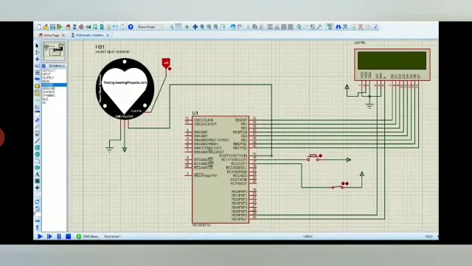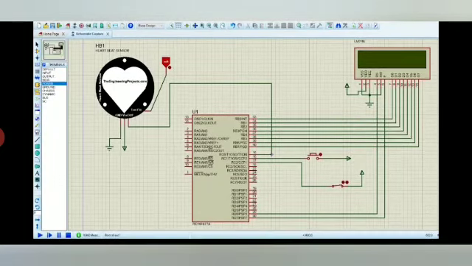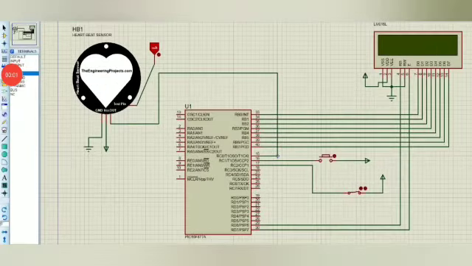The output from the pulse sensor has been connected to the first pin of port C, and the next two pins are connected to switches. The heartbeat from the pulse sensor is given to the 15th pin. The 16th pin is used to discard the previous value when a new user places their fingertip, hence it will reset the previous value. The last pin is used to start counting the output from the pulse sensor.